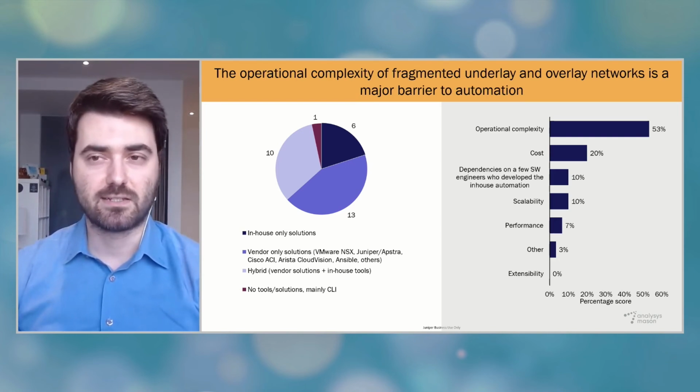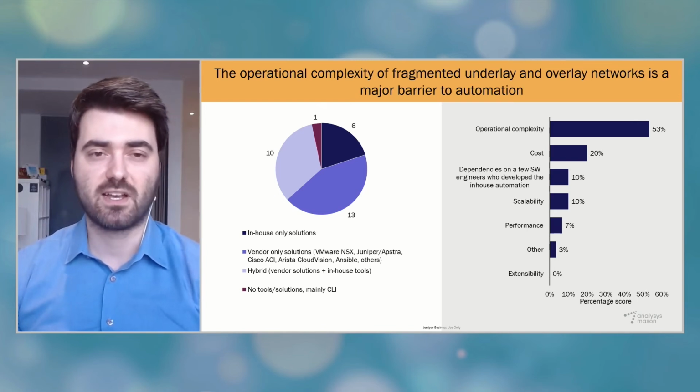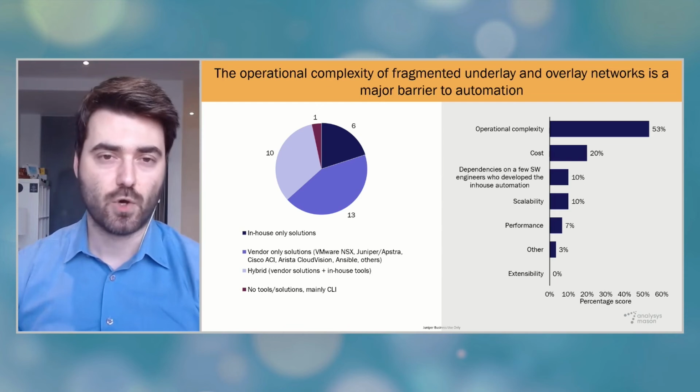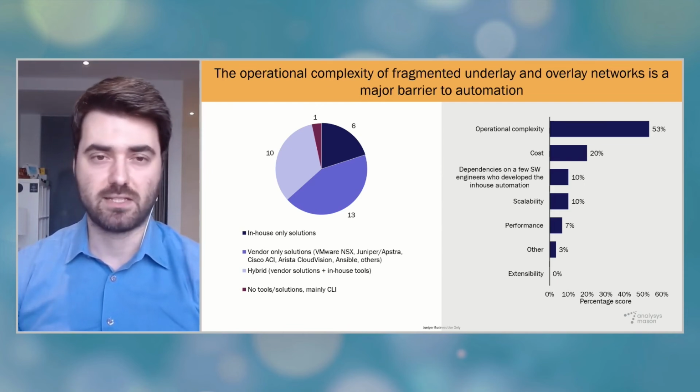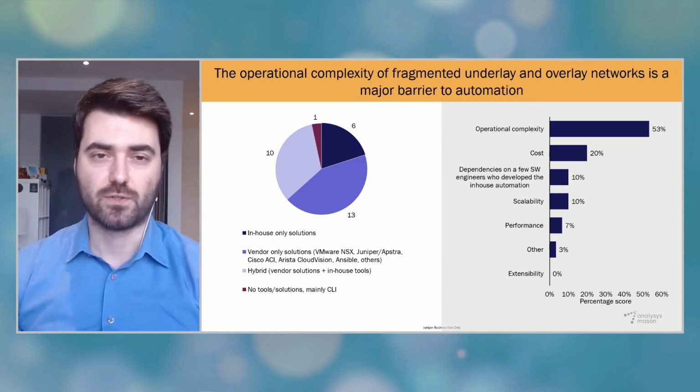And in the cases where CSPs operate their enterprise managed service customer environments, they have additional complexity because each of these customer networks come with a different mix of network equipment. So overall, serving a wide range of services and use cases, so IT, telco cloud, and enterprise, and all these use a diverse set of underlay silos and overlay networks, makes it very difficult for CSPs to rationalize and automate